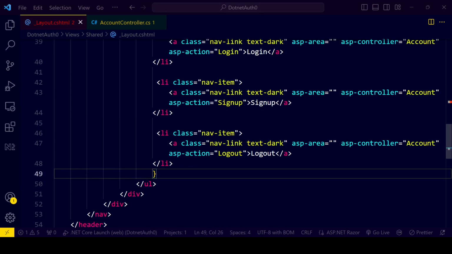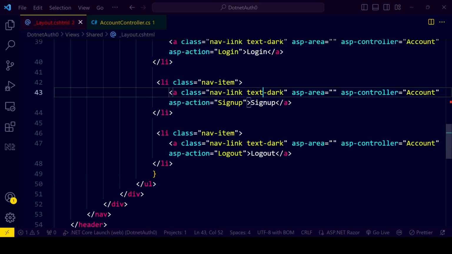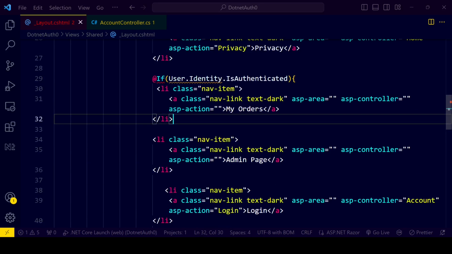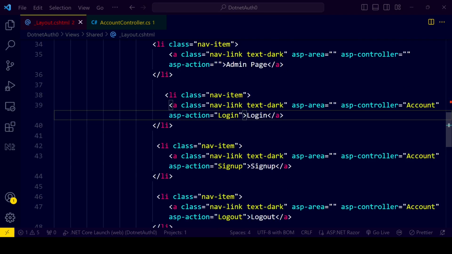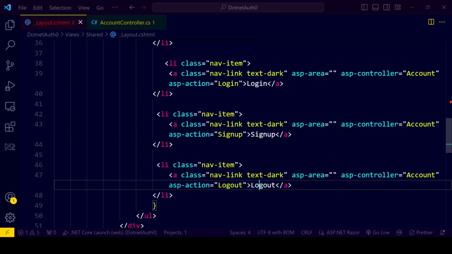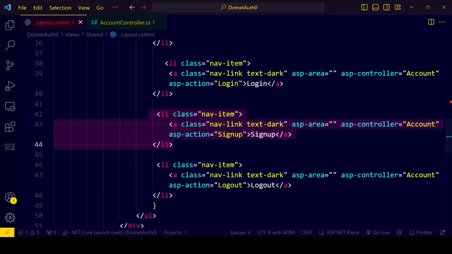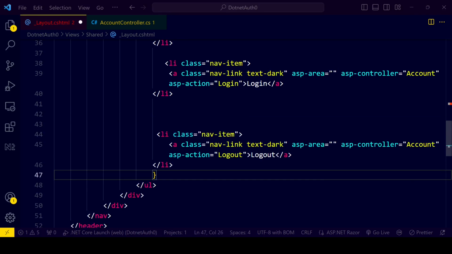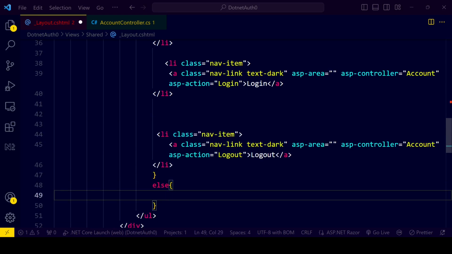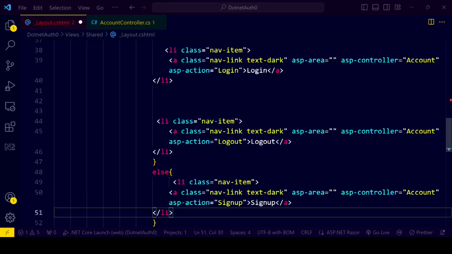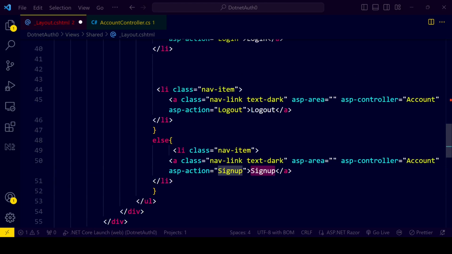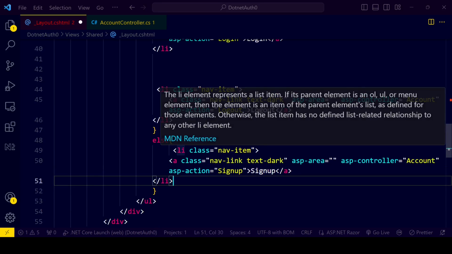Okay, login, my orders, admin page, login, sign up and log out, and sign up. And let's move this link here in the else condition. If we are authenticated, then these links will be shown, otherwise this sign up link will be displayed. Okay,